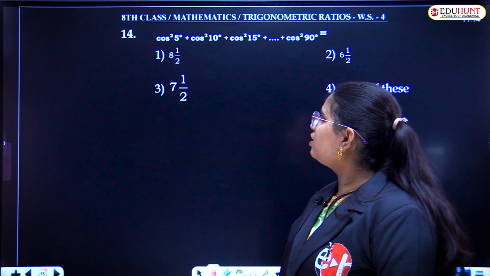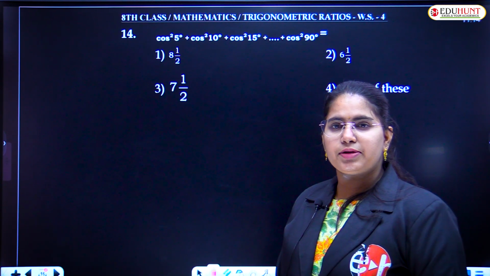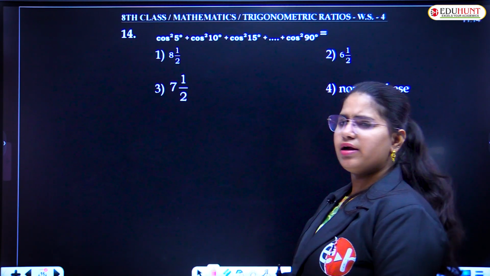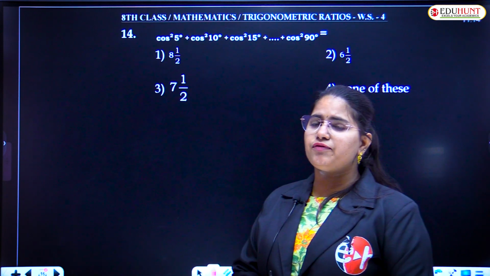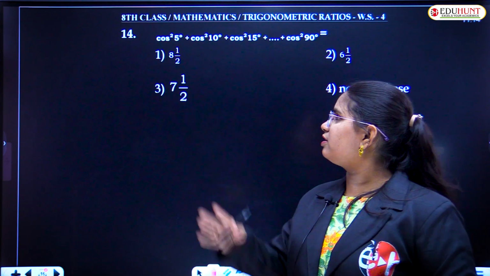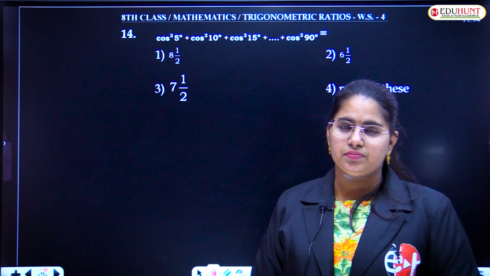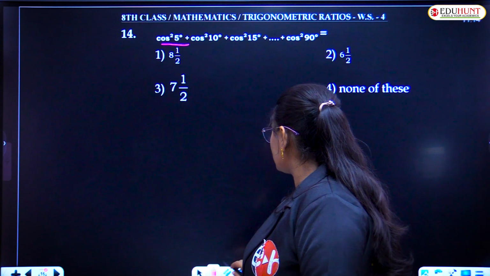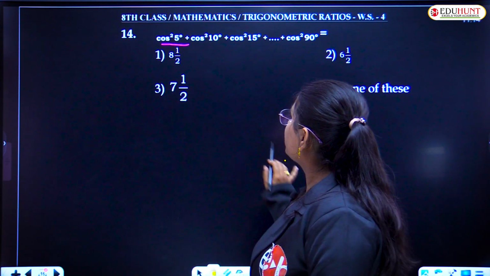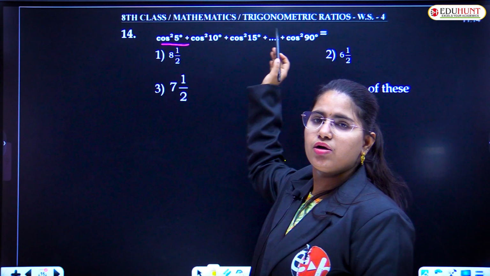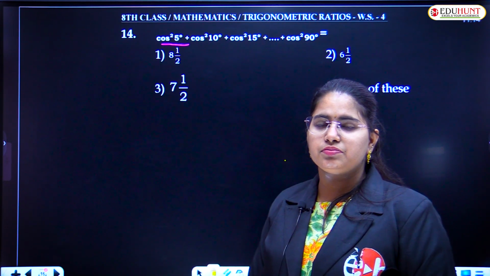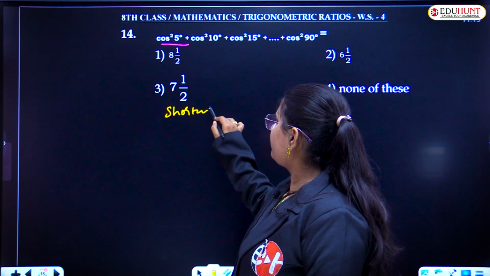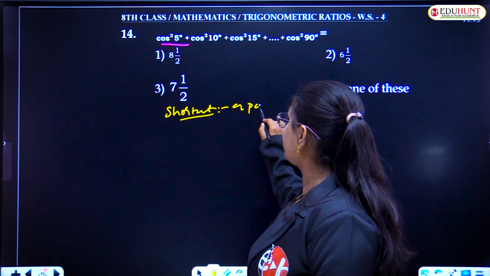Okay, guys. This is quite similar to the previous one. I just changed the trigonometric ratios, and all the rest of the question is same. Neither have I changed the angles or anything. Here I have considered cos square 5 degree, cos square 10 degree, cos square 15 degree, and so on up to cos square 90 degree. Correct? As usual, how many pairs? I told you a shortcut. Just now we have seen we will get 9 pairs.